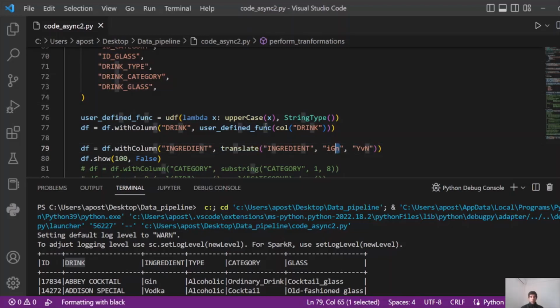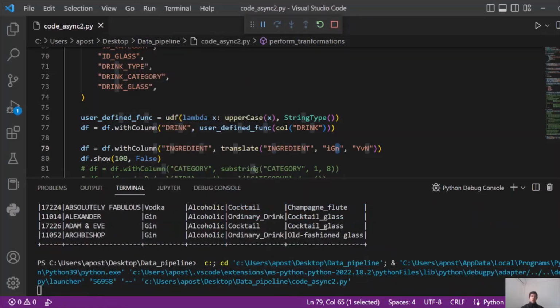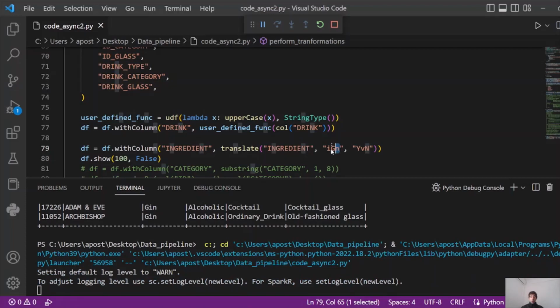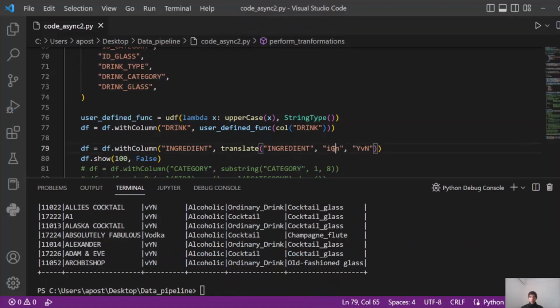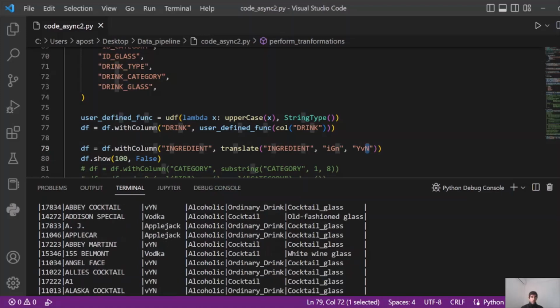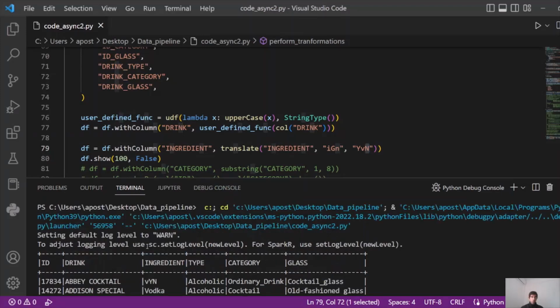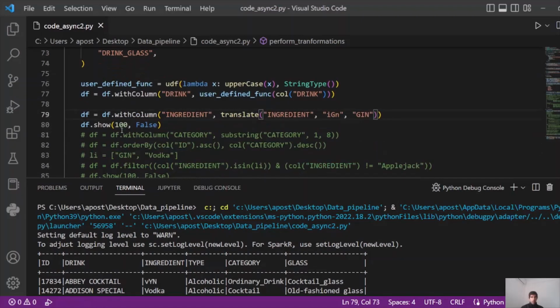Now if we run this, it replaces character by character, not the whole string, right? It's not going to replace this string with this string. It's going to replace this character here with this character here, this character here with this character here, this character here with this one. If we check the ingredient column here, you see we have replaced all the letters. Now let's do that again, and